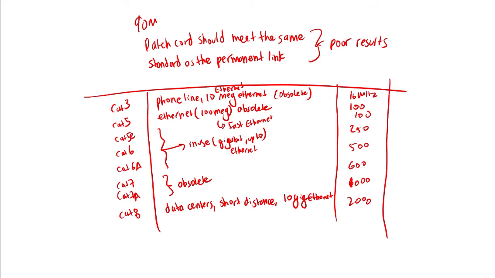But the other interesting thing is we can run, you know, a voice 64 kilobits up to 4,000 feet on Cat 3, versus all of these are about 100 meters. And 10 gig, you can only do